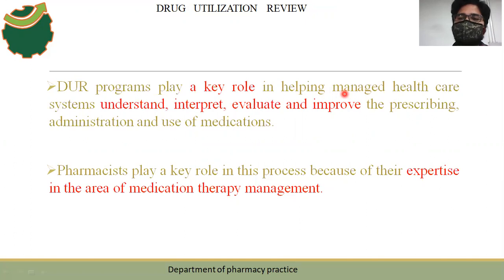Suppose the doctor prescribes based on certain guidelines, for hypertension, the JNC 7 guidelines or JNC 8 guidelines. So the doctor followed the JNC 7 guidelines for prescribing medication to the people, right? You will take that data, interpret it, and evaluate, that means you will review it. Take an example here: if a patient is having postural hypotension and the patient's age is